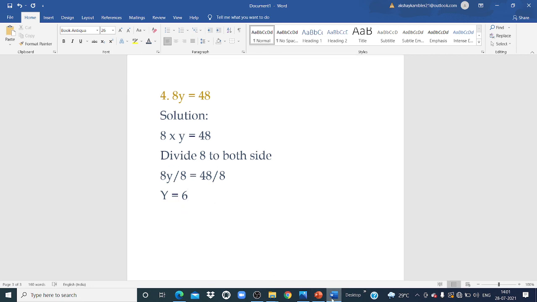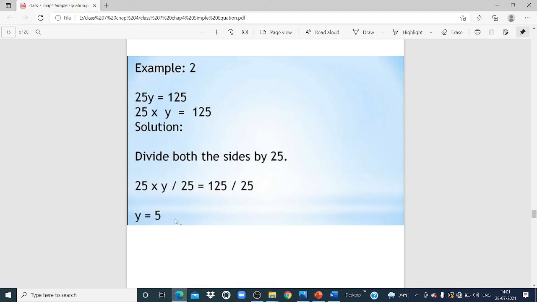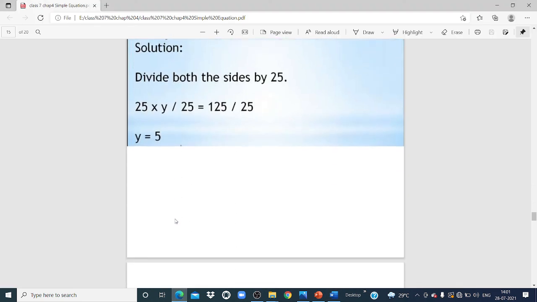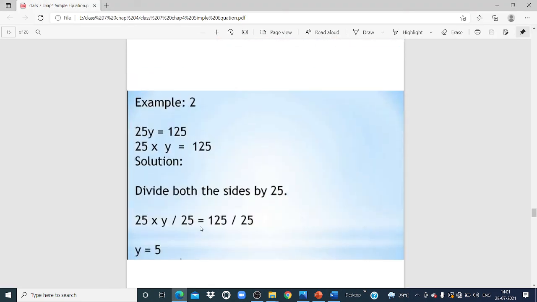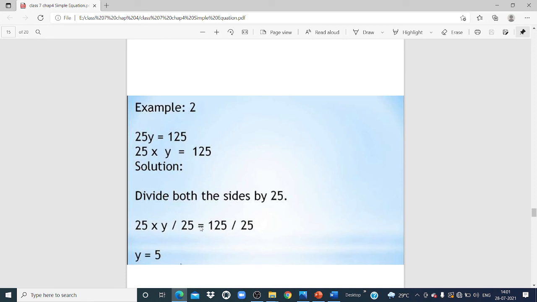Right? Understood, my dear students? How to solve the balanced equation? How to find out the value of the equation? Okay, what are the steps that we have to follow while finding the solution of the given equation, while solving the equation? Understood? Yes. So this is about the session today. After that, you have to solve exercise number 4.2.